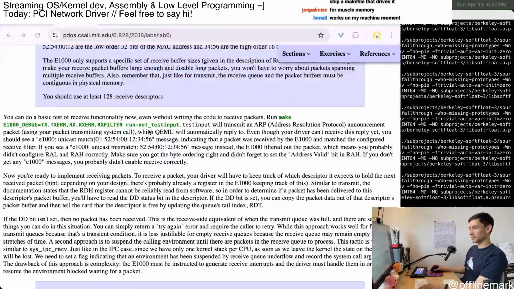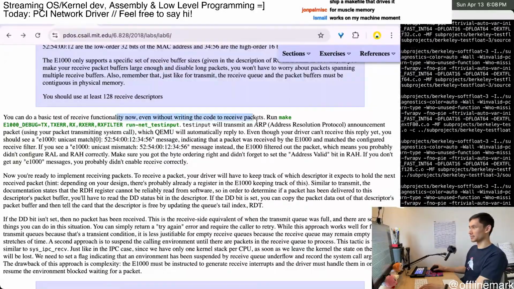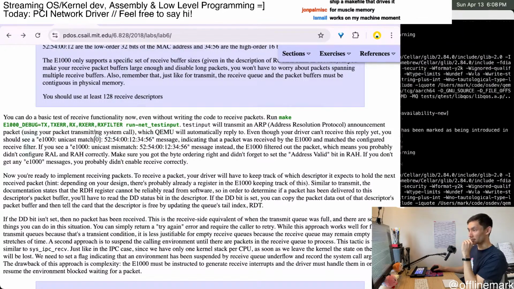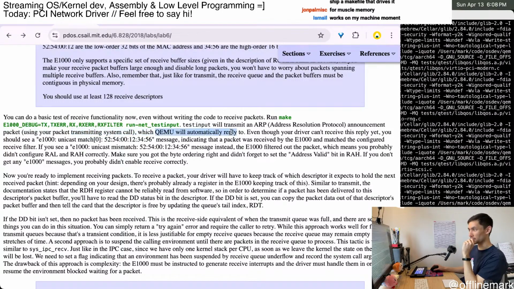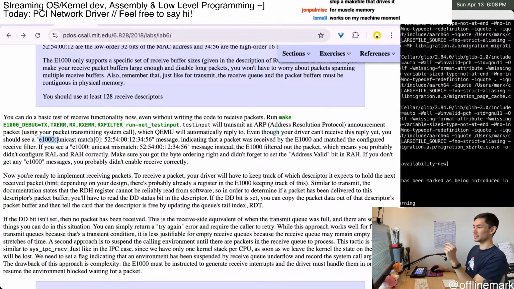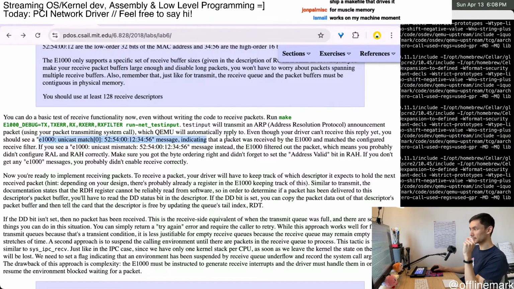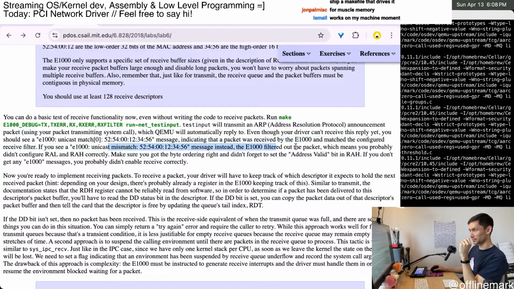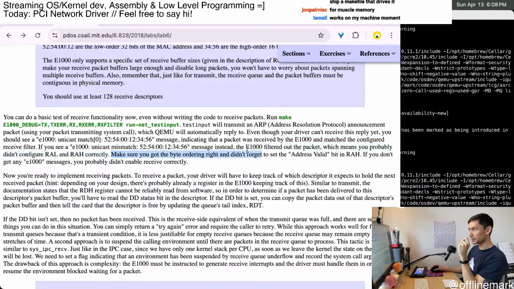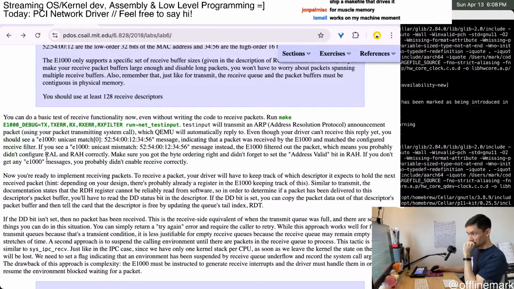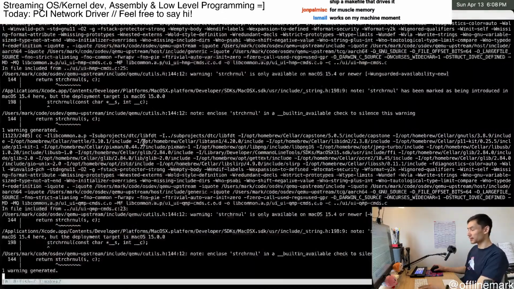In the meantime, let's take a look at what's next, or let's just read this. So it says, when you run this, it will transmit an ARP announcement using our packet transmission, which QEMU will automatically reply to. Even though your driver can't receive this reply yet, you should see an E1000 unicast match, indicating that a packet was received. If you don't see this, it got filtered out. Make sure you got the MAC address right and didn't forget the address valid bit. Okay, so hopefully that